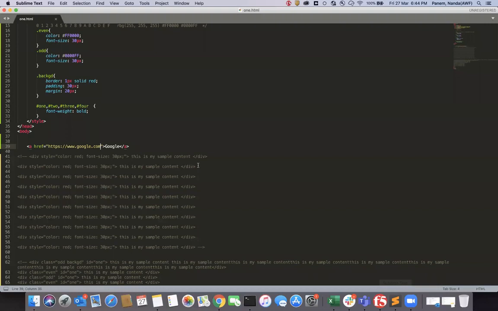In this HTML page, how can we give a link different styles? A link has a default styling, which is an underline. How can I change that? By using pseudo classes in CSS, we can modify those styles. What is a pseudo class? It is nothing but styling based on the state of an HTML element. So what different states does a link have?